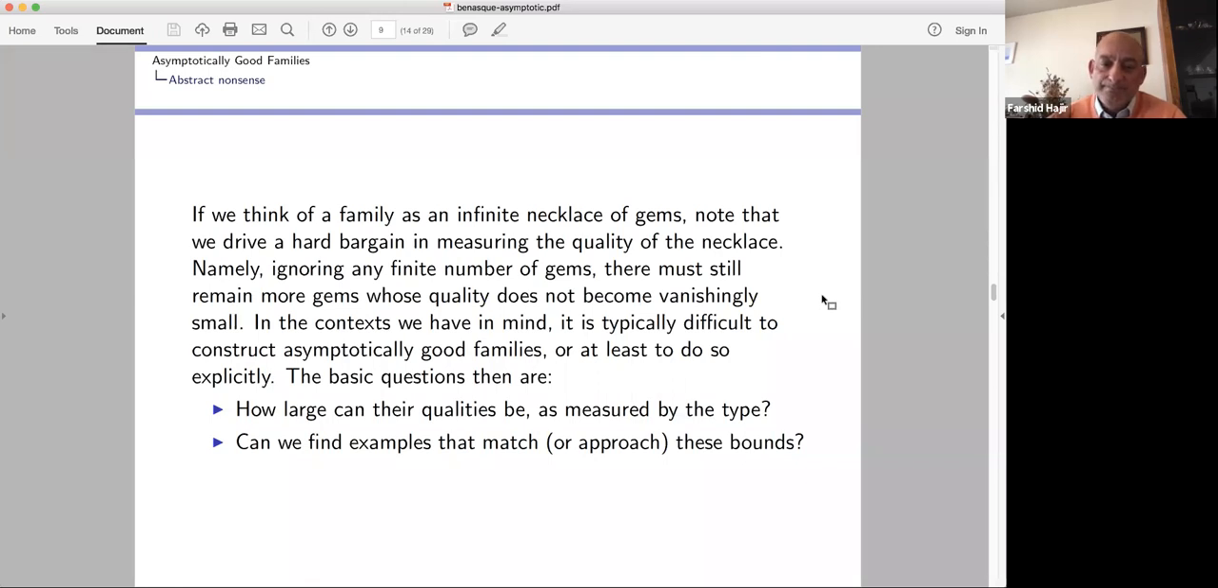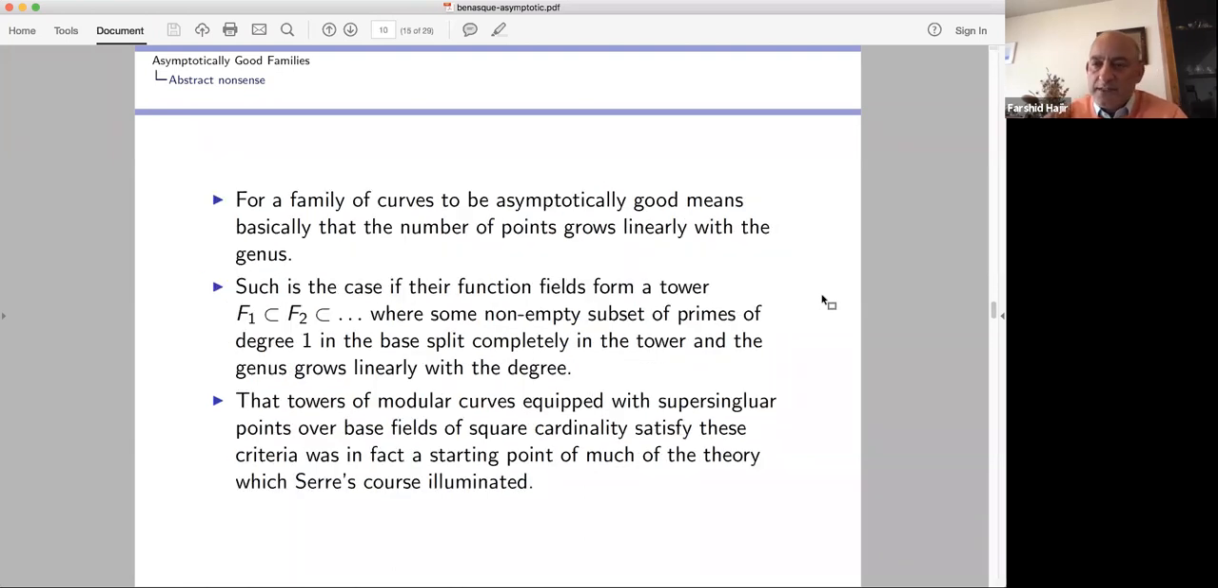And can we create examples that have very high quality? So let's just review. What does it mean for a family of curves to be asymptotically good? Well, it means that the number of points grows linearly with the genus. And one way to do that, and this is where Serre ended up in his Harvard lecture notes, is that if you have a tower and you begin at the base with a non-empty subset of the points of degree 1, so if you have at least one point of degree 1, which splits completely,